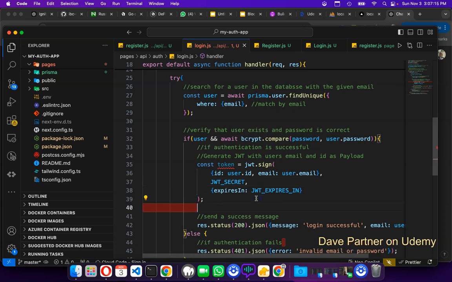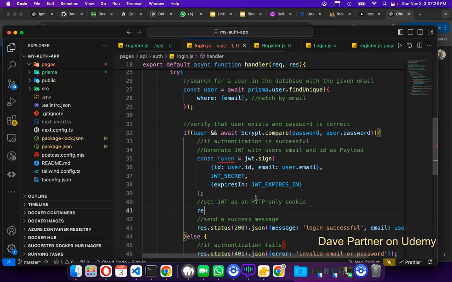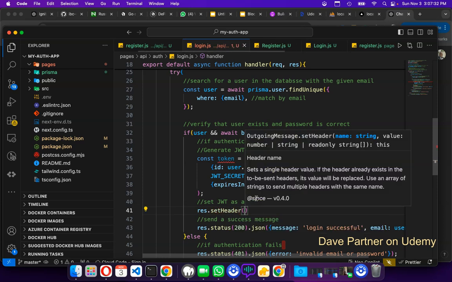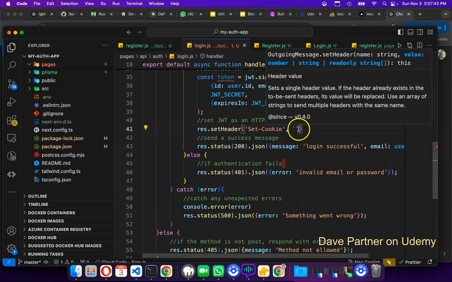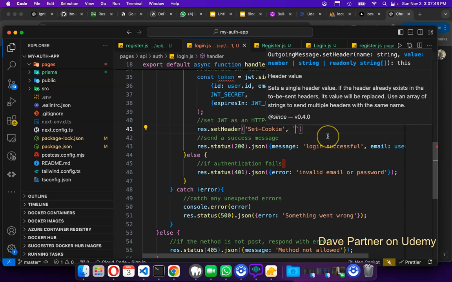Then of course we can now set the JWT as an HTTP only cookie, and that just says set response dot setHeader, Set-Cookie. It's all case sensitive, and we're using the backtick sign here. These two are not the same. This key is above your left tab key. So press it once, type token equals $, token,